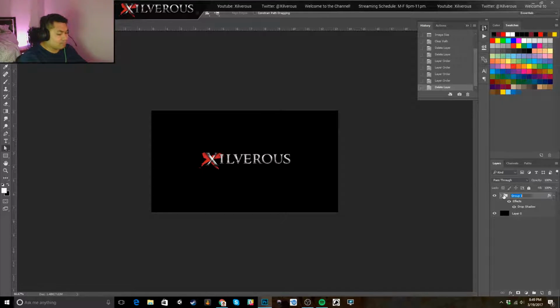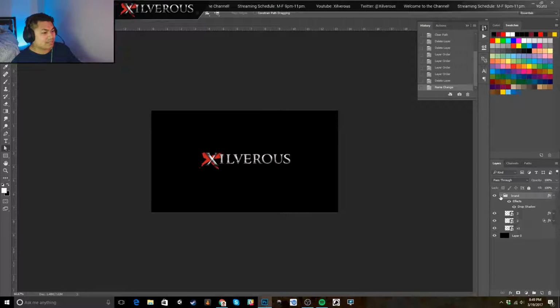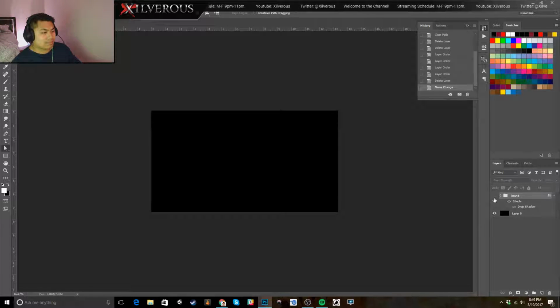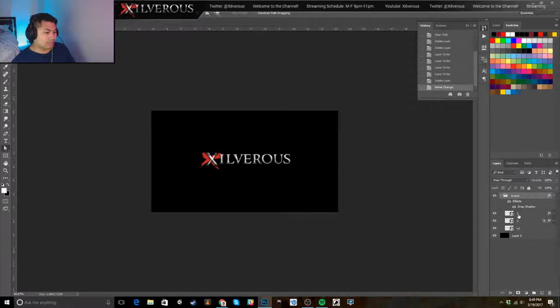Now let me name my layers brand. So I always say make sure you're labeling your layers correctly in case you need to pass off this work, or even for self-reference it's a little bit easier. So I named it brand. You can see here, Xilverous is on there. So when I expand this,